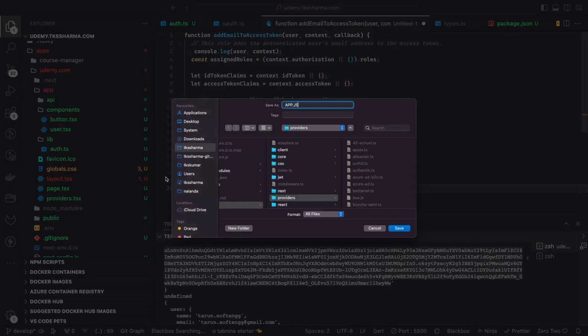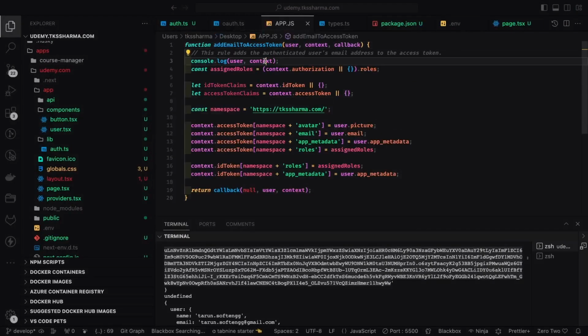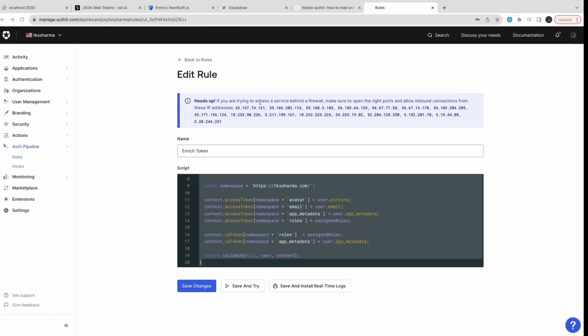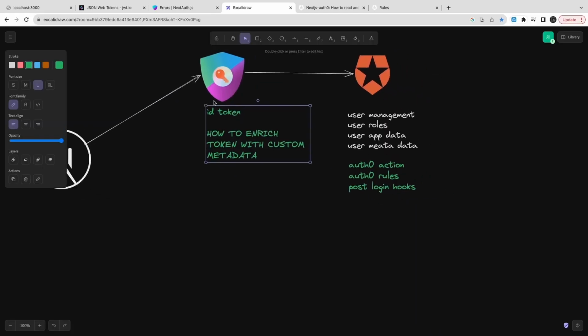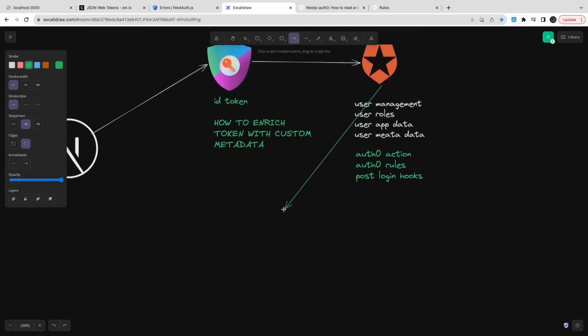And here let's take a look at this code a little bit closely. What this is doing, it enriches the token. So with this rule we can associate with Auth0. This will act as a hook. So before returning a token post login, this will execute this code and will populate all the information for us. So this is called enriching the token with the required information. So this Auth0 will give us the information,